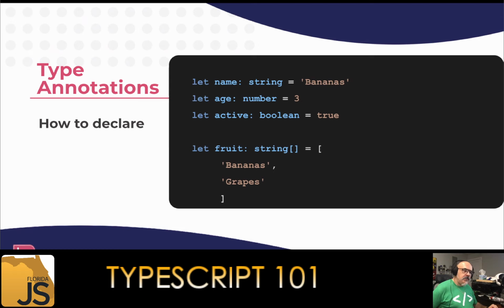But I agree with you. It's a really weird use case, and I'm actually Googling. I've never seen a real-world reality wherein an array consists of non-uniform types, where it's a number or string or boolean. So I agree with you, but I think they're just putting it out there since JavaScript supports that.